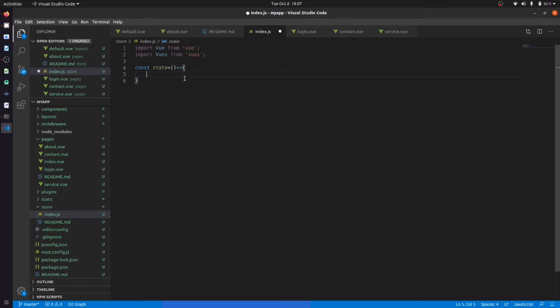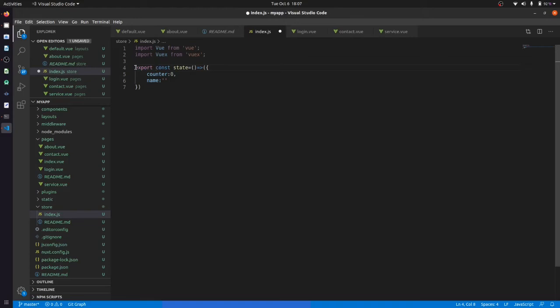Inside that it will have parentheses first, and inside these parentheses we will have a counter because I want to use that counter, and along with that I want to use a name. I will give it a name like this. And I will export this state so that I can use this everywhere.